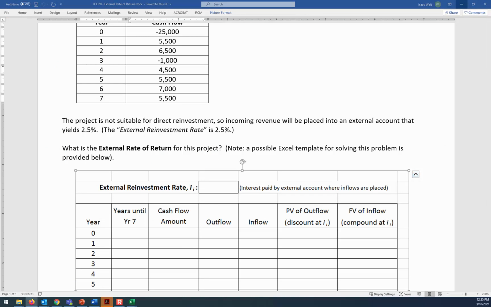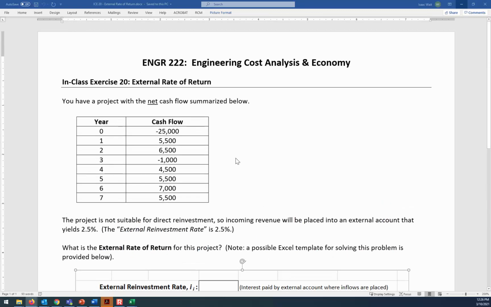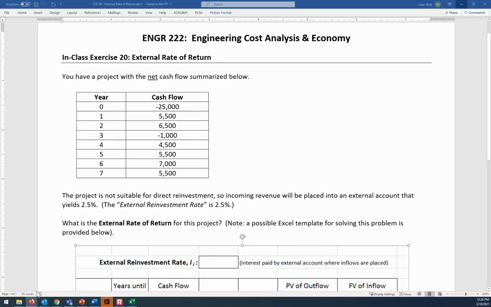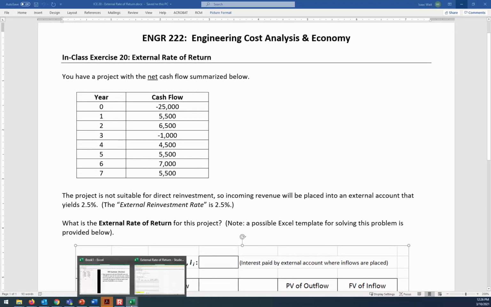Okay. So here's the template file, and is this the in-class exercise that you printed out? Yeah, I sometimes have different versions of these as I've adjusted them over time. All right.